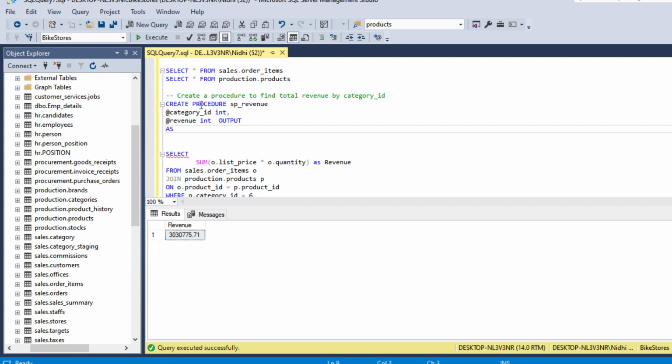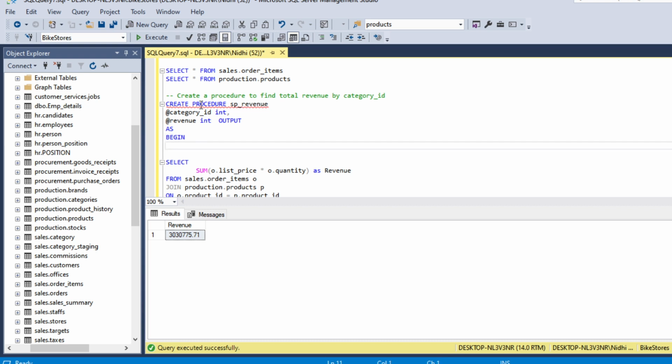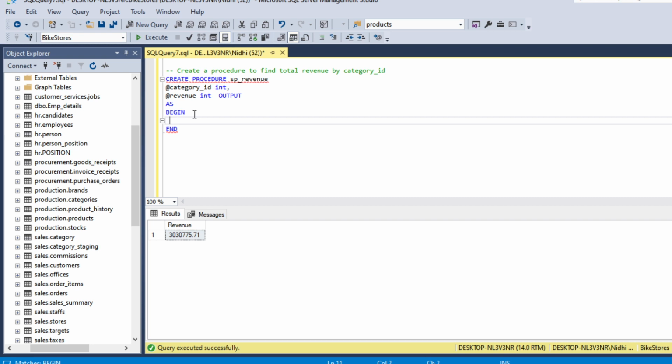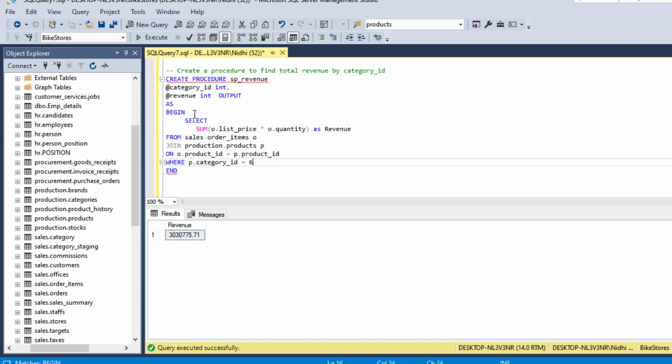Then we write BEGIN and END. Now we will use this query here.